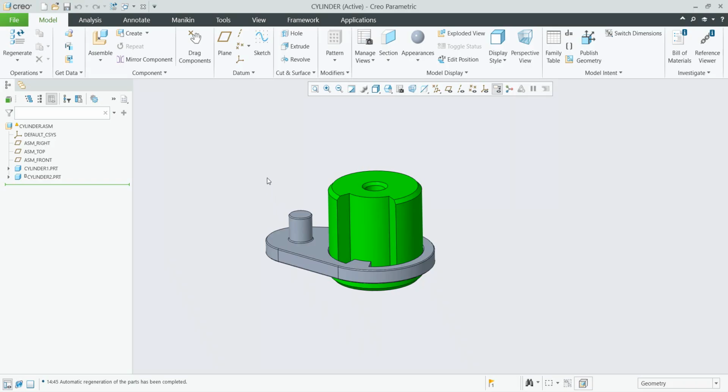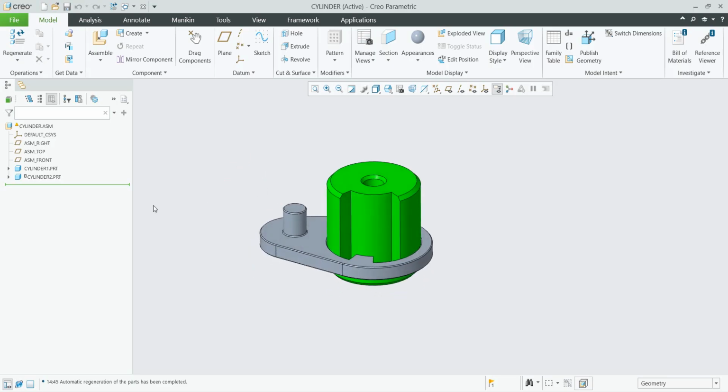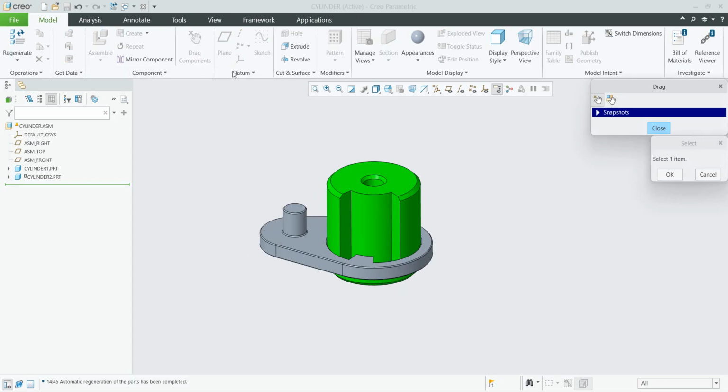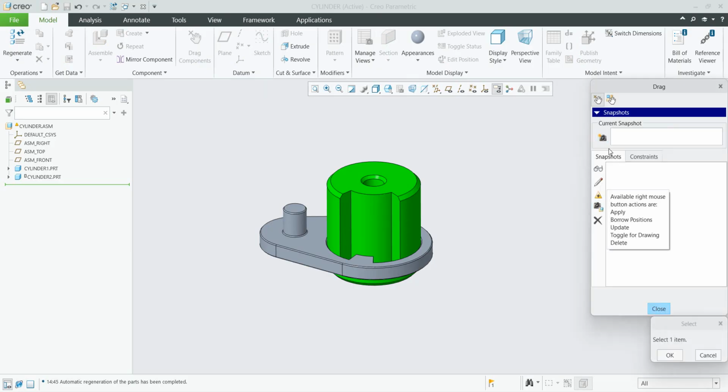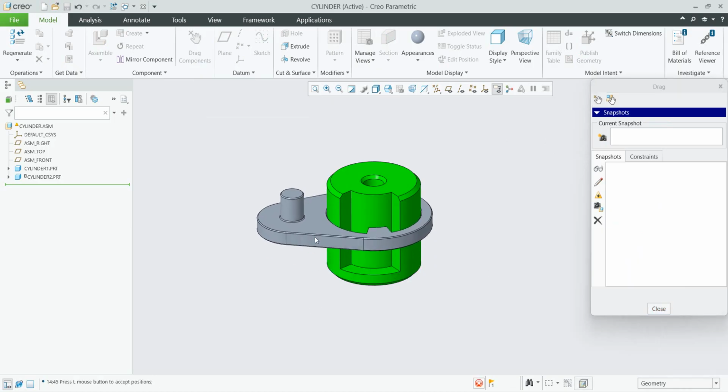Today I'm going to show you how to work with the dragger. Previously we have created a mechanism and we would like to use the dragger. In the model tab you can see the drag components, and if you expand this arrow you will see all the necessary functions. If you select the components, which is the whole mechanism, you can move it,